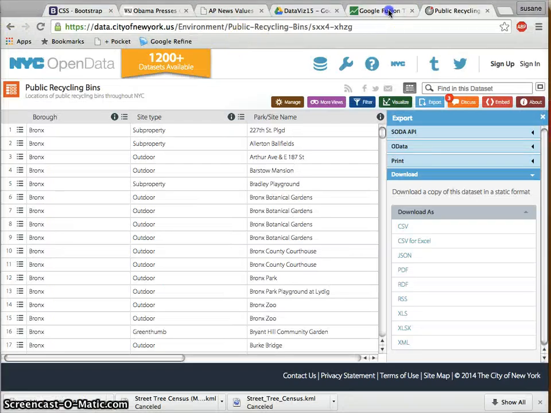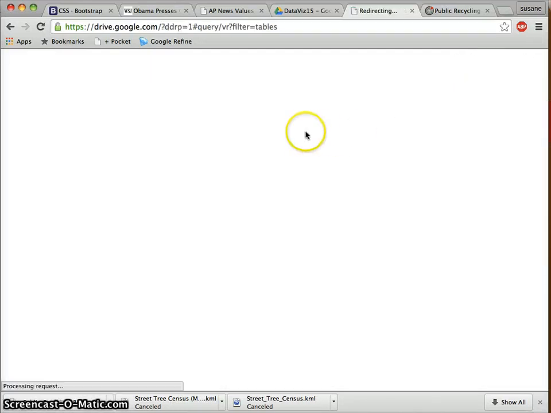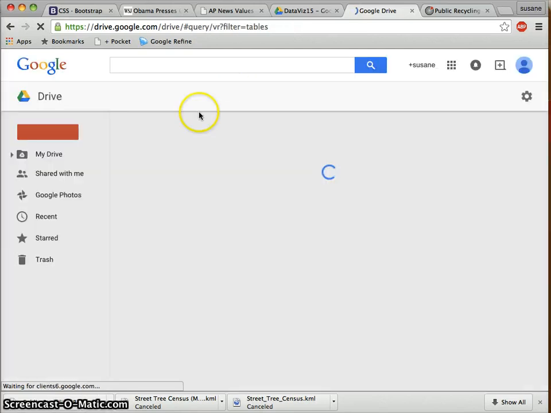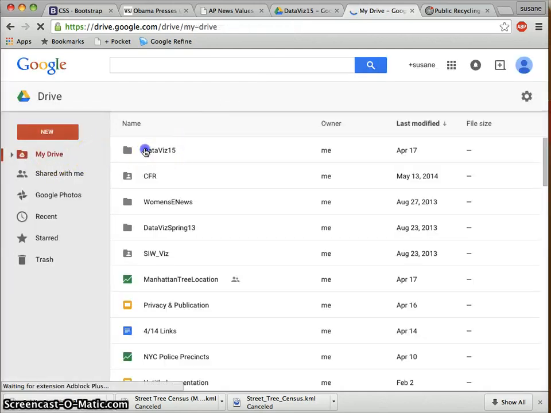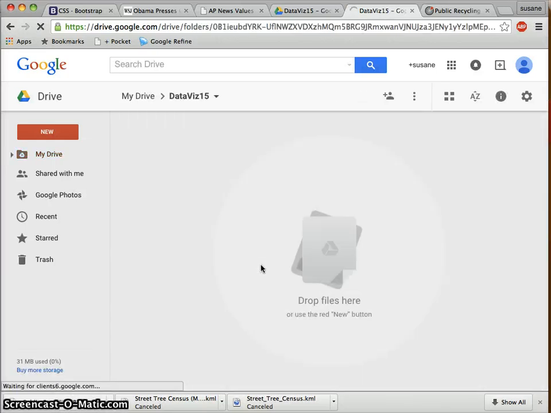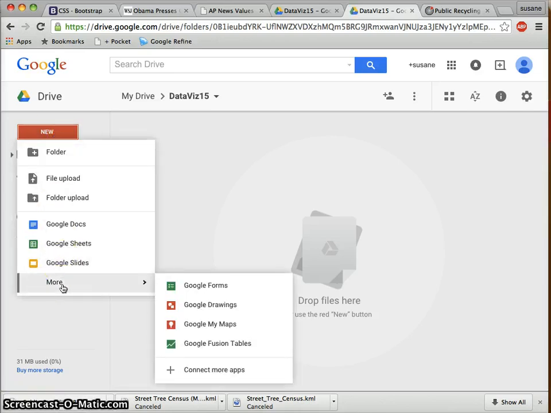So just to backtrack a second, I'm basically in my Google account. This is something you have access to through your Columbia account, so you can do it there, or in another Google account. You may have to connect Fusion Tables if you haven't done so before: you would go to connect more apps, search for Fusion Tables, and connect it, and then you would have this option. Fusion Tables is basically just another spreadsheet program, except it has built-in mapping functions,